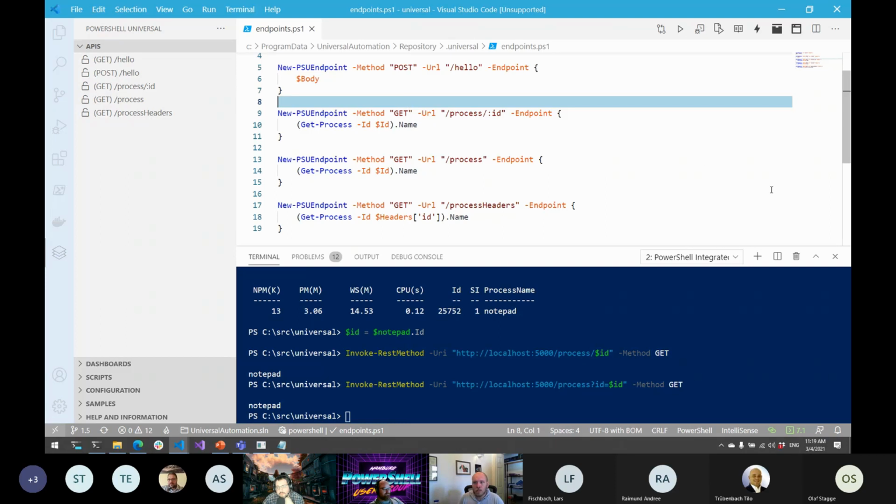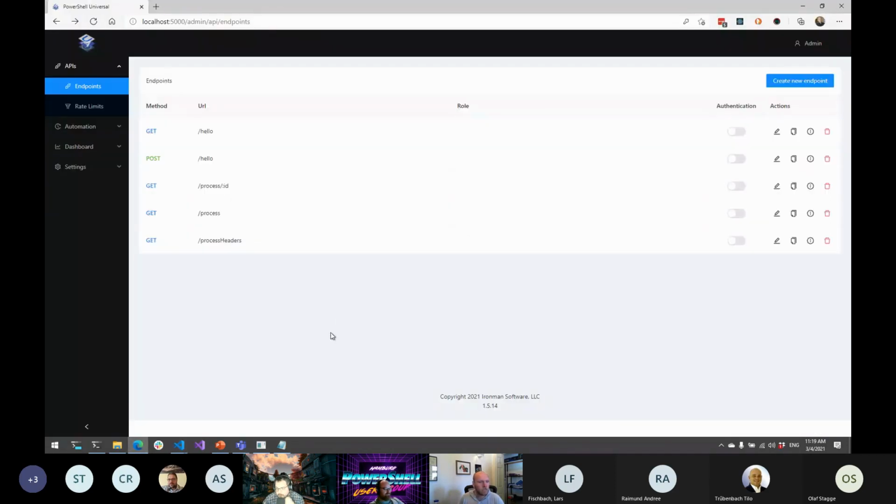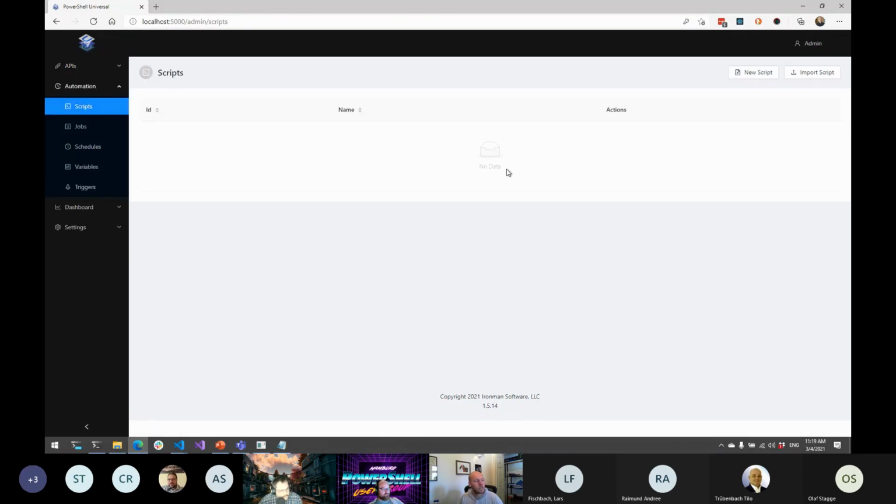All right, for the next example, I'm going to go over to the admin console because it's a little more visual. We're going to go to the automation section here, and underneath scripts, you can add PowerShell scripts to run. With scripts, it's pretty straightforward, as you'd expect. I want to run a script either ad hoc or on a schedule. I want to see output from that script. But we've done some stuff to enhance the experience